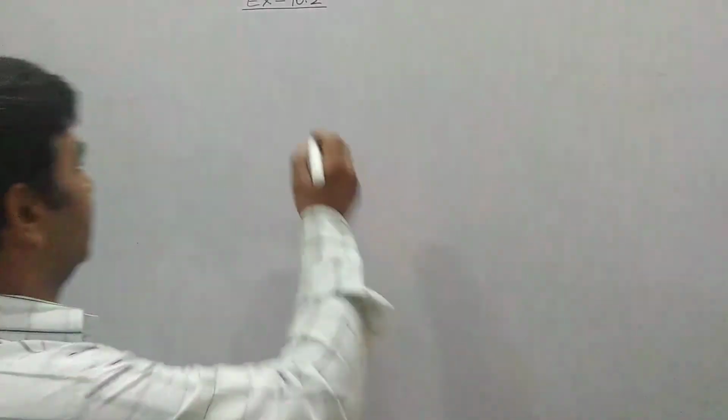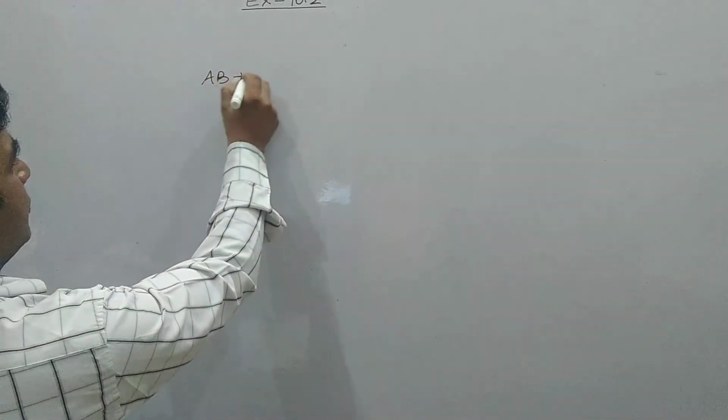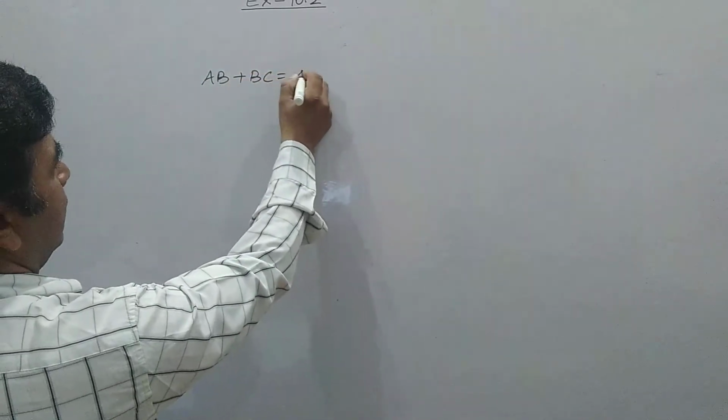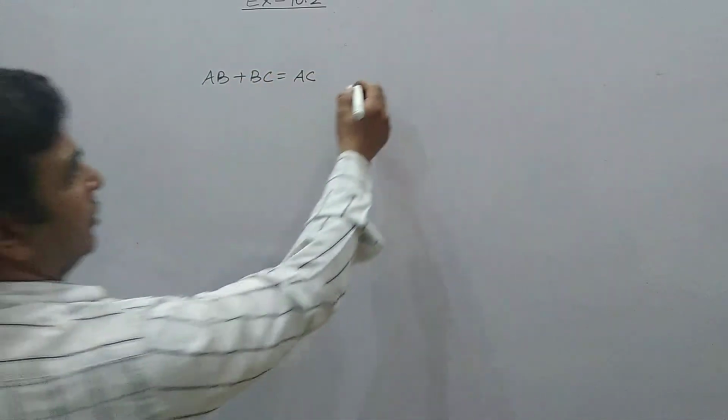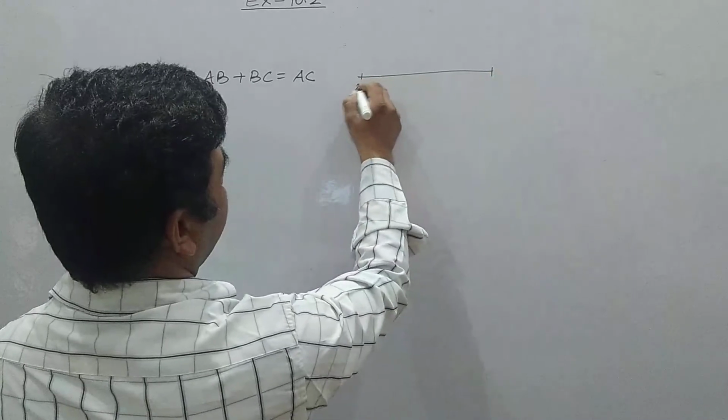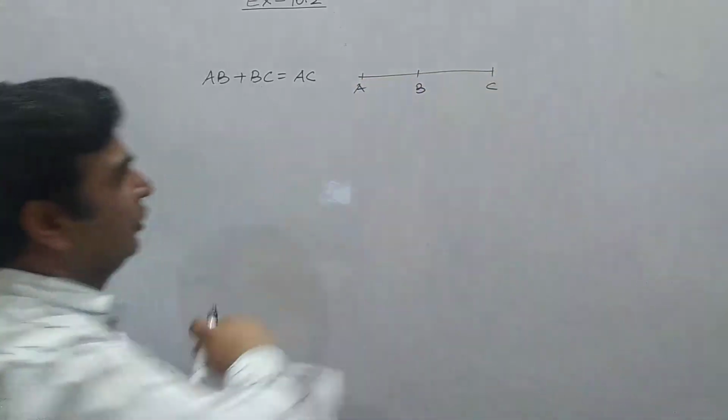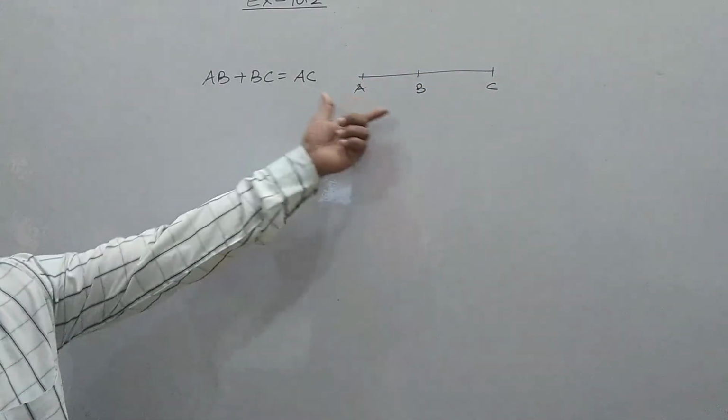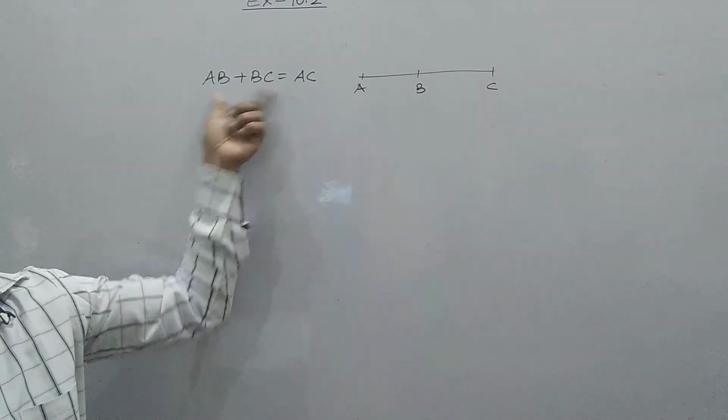देखिए बच्चों, कोलिनियर का कंसेप्ट is very very familiar to all of you. सभी बच्चे जानते हैं कोलिनियर को प्रूव करने के लिए सबसे पहले हम लोग यूज़ करते थे डिस्टेंस फार्मूला. If AB + BC is equal to AC, then we can say that the points which are lying on the line ABC are collinear, if 3 points satisfy this condition.